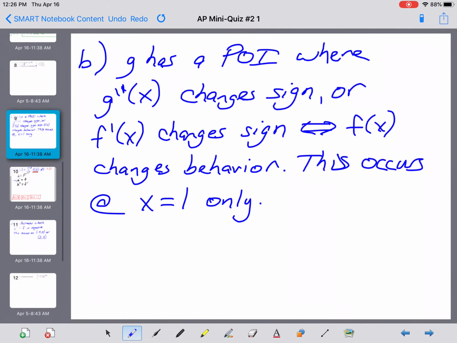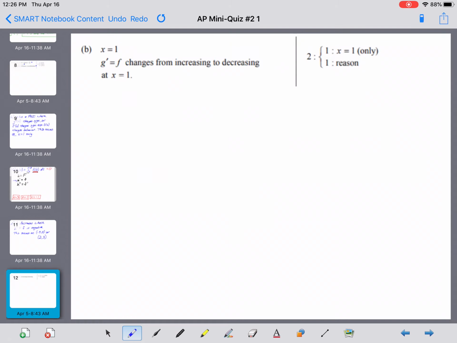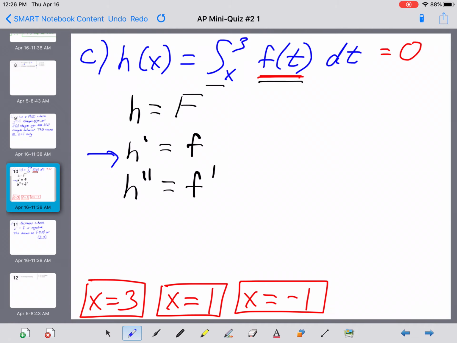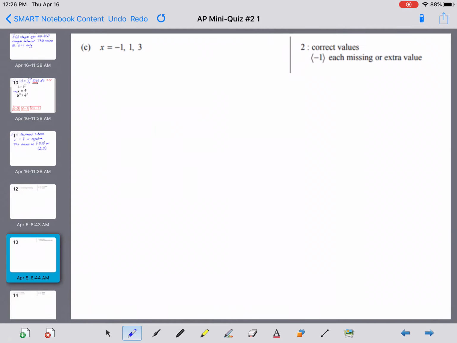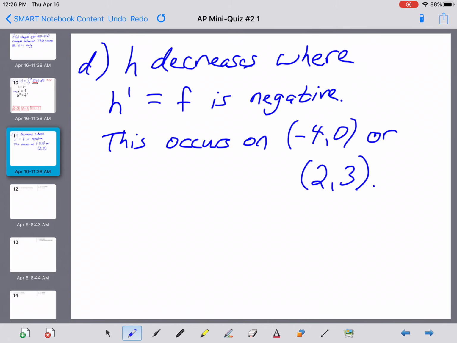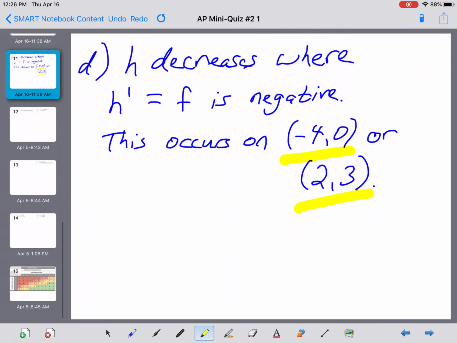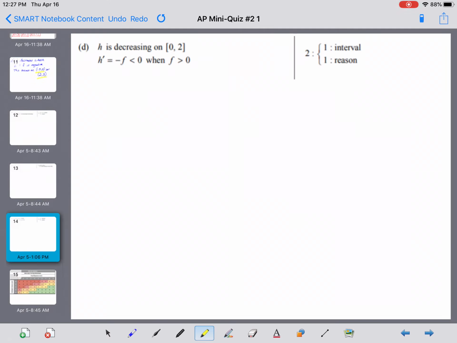Okay, so that's good. For B, we said our only point of inflection was at x equals 1, and there we go, x was equal to 1, because of the change in behavior, so that was good. For part C, we came up with 3 answers of 3, 1, and -1. Their answers right here, yep, 3, 1, and -1. And for D, we said that h was decreasing on an interval from -4 to 0, and again from 2 to 3, and